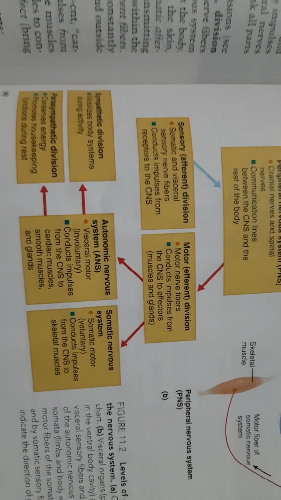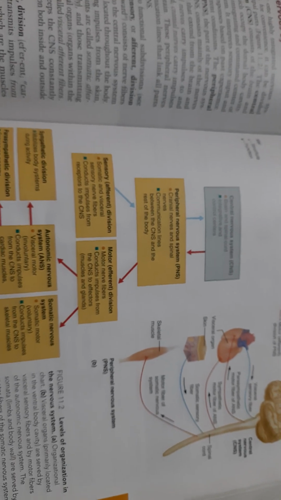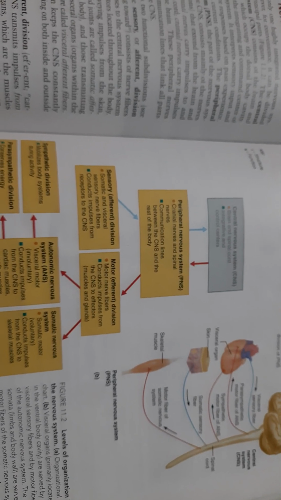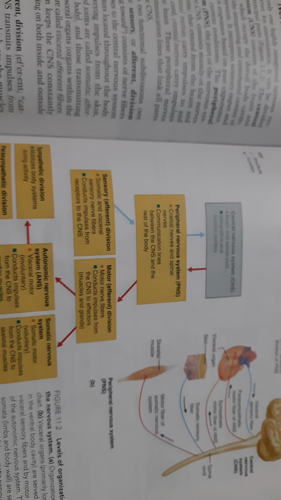We're going to learn about all these in a short time. So first of all, let me recap once again. The nervous system is going to be divided into two types: the central nervous system and the peripheral nervous system. The central nervous system consists of the brain and the spinal cord, and the peripheral nervous system consists of the